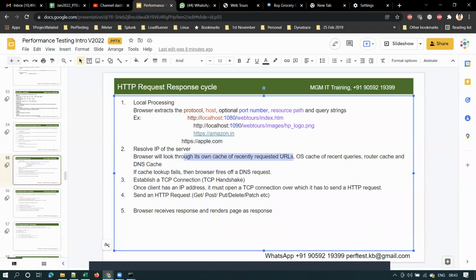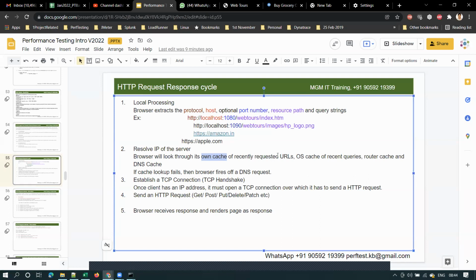If the same URL was accessed recently, that IP address will be stored in the browser cache, so it will have that IP address of the server.